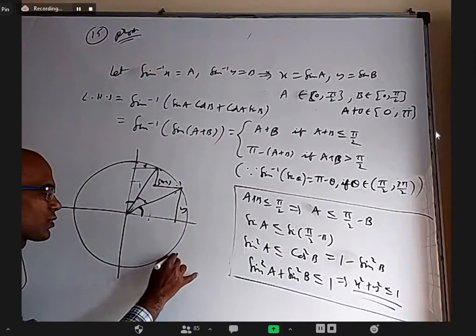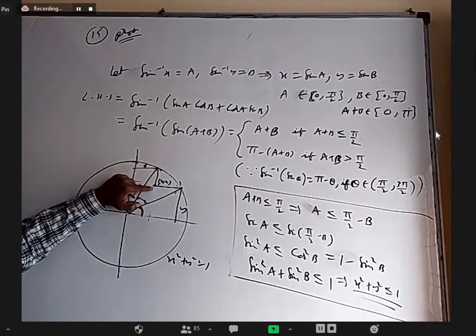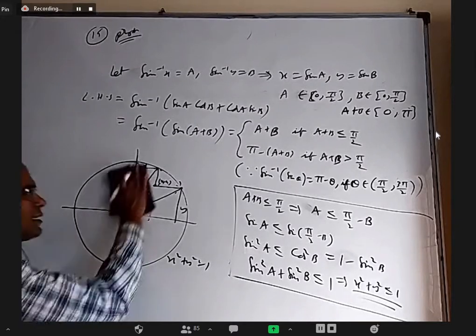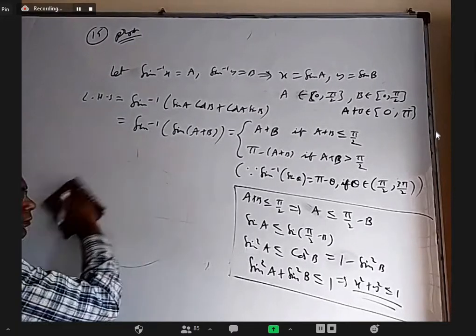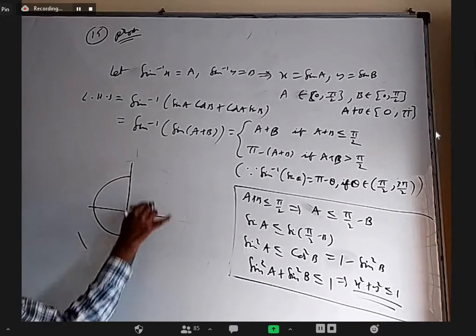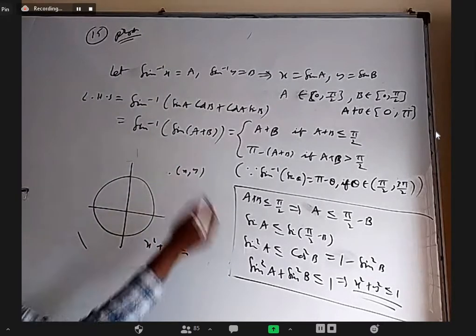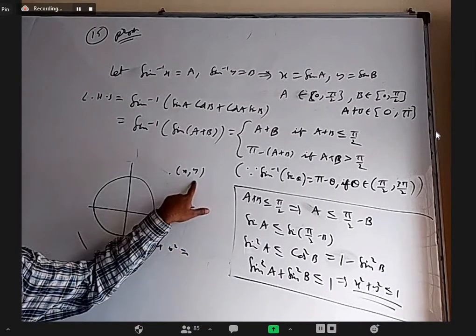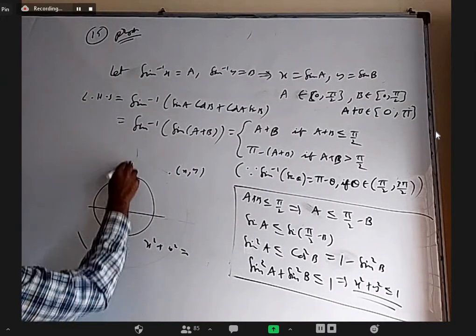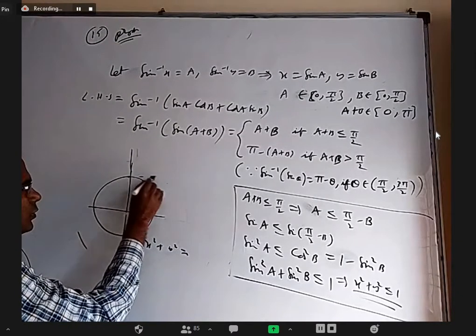And what is the circle equation? X square plus y square equal to 1. That is, from here to here distance is 1. The point is inside, so the distance will be less than 1. So x square plus y square less than 1. Let us take x square plus y square greater than 1. What happens? The circle equation is still the same. I am taking the same x square plus y square equal to 1 circle, but I am taking some other x comma y outside the circle. So for this x comma y, x square plus y square is not 1, it is more than 1, the distance. Now, first of all, I cannot go too far, I have to be within this square.